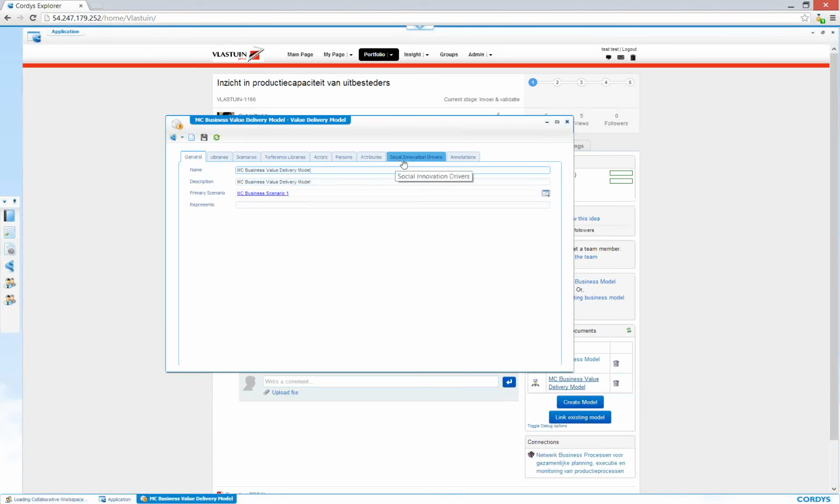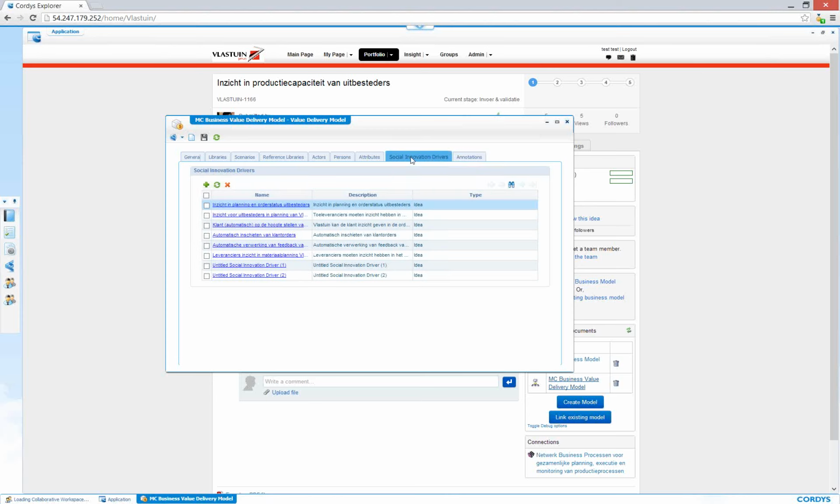So now, for instance, I'm a business analyst and I want to add some ideas to this value delivery model, not from the innovation community but from the modeling, the business designer, to the innovation community. So I go to the tab social innovation drivers. Here you see already some ideas which are linked. So I press insert,